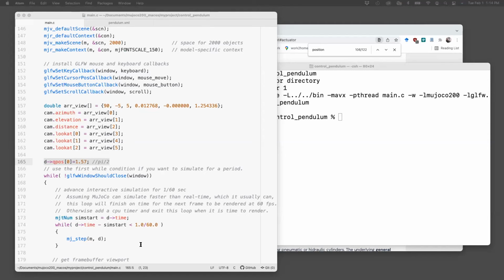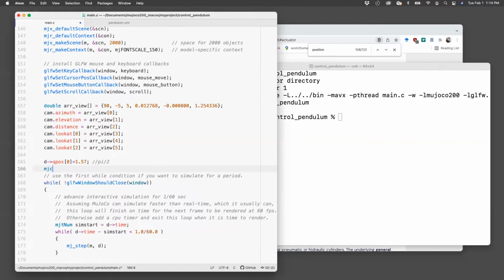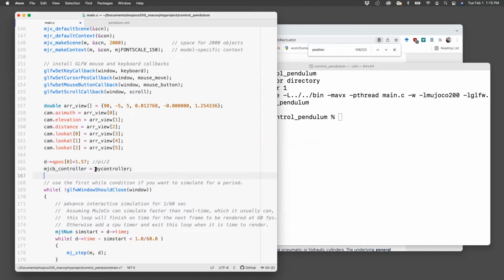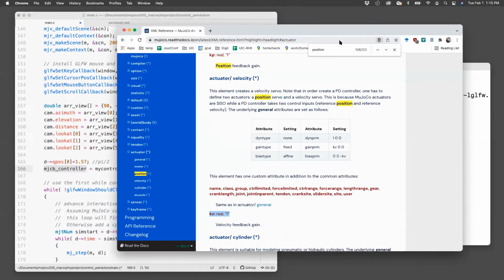Okay, so what we do, the way you define a callback on the controller is that you need to basically set up a function, MJCB controller, and as you can see, MJCB, this is a MuJoCo function, okay, to install a controller equals, we can call the controller whatever name we want, and I'll just call it my controller. And you can check for the documentation of this inside. If you go to the API reference, which I bookmarked,